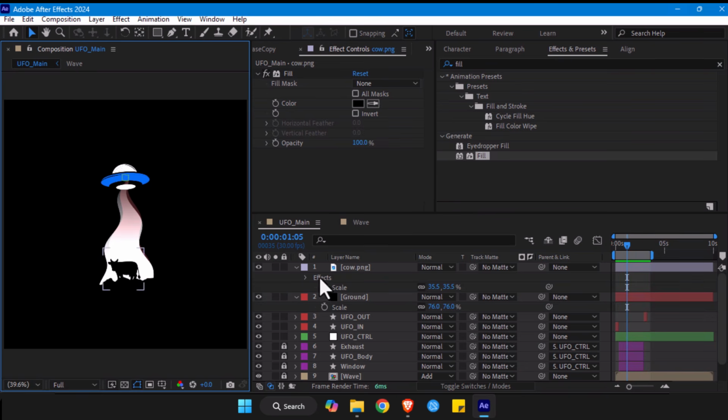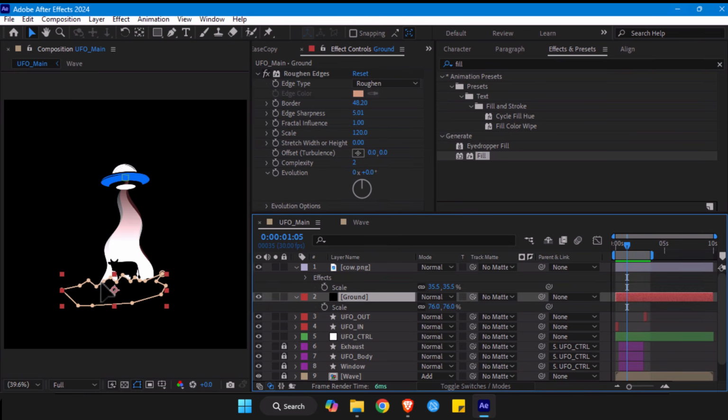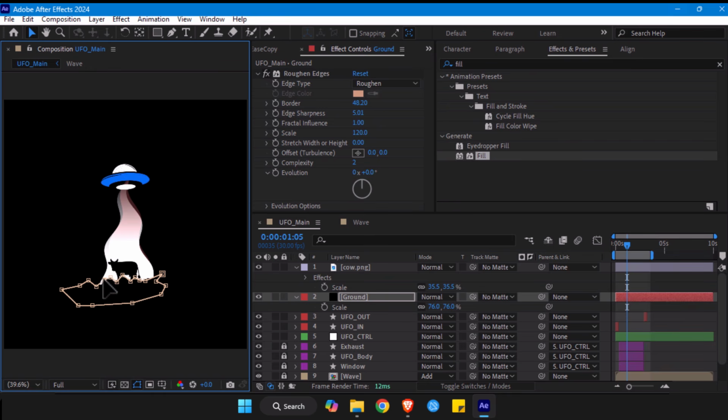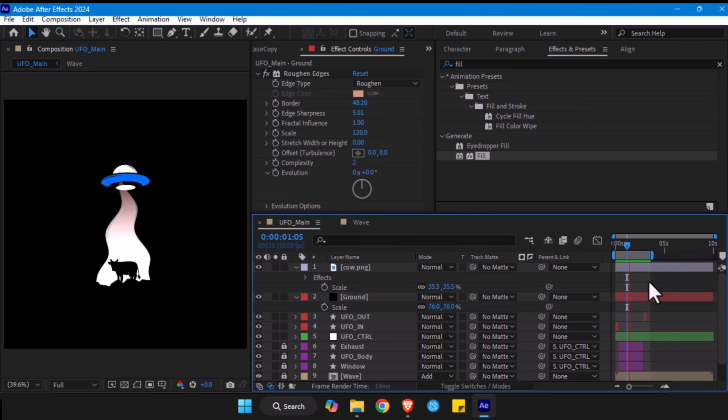I'm going to make some changes to the ground, okay? I think I'm going to bring this a little bit up. And then I'm going to move this like this. Move this like this. Okay. So we have animated the UFO. Now we have animated the wave, and then we have animated the cow. Of course, we haven't animated the cow, and we are not going to. We don't need to. Now, the next thing that we are going to do is we are going to animate